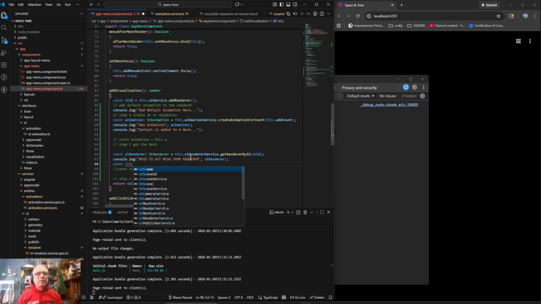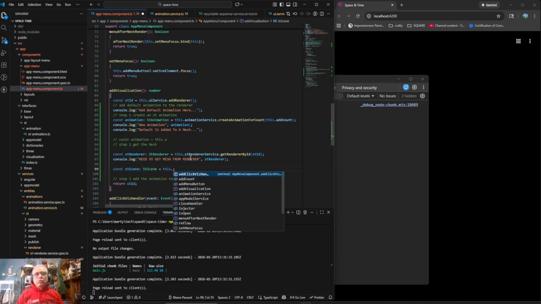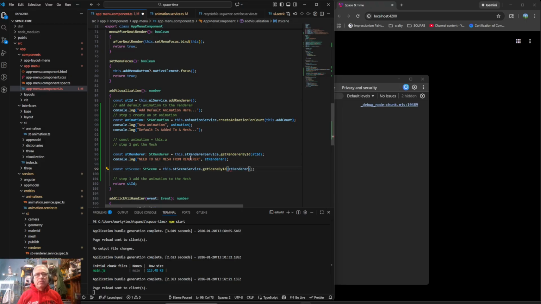ST scene. Oh, we already have that. Equals this.stSceneService.getSceneByID, and this is stRenderer.sceneID. So in theory,